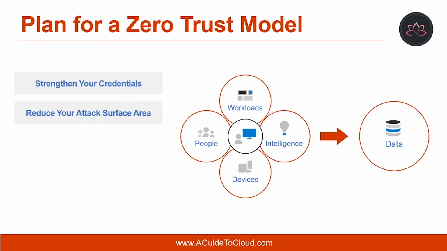The second step is reduce your attack surface area. To make life harder for hackers, eliminate using older, less secure protocols, limit access entry endpoints, and exercise more sufficient control of administrative access to resources. And the third step to follow is to automate threat response. Reduce cost and risk by reducing the time criminals have to embed themselves into your environment.